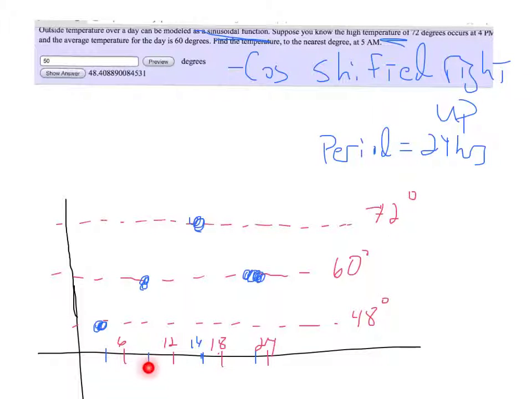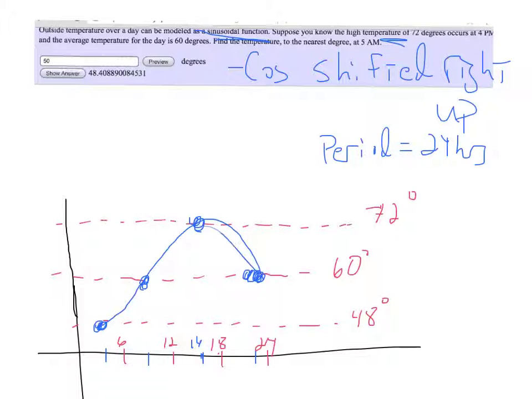marked that shifted function, right? So this would be 4 a.m. That would be 10 a.m. That would be at, what did we say? 5 p.m. I'm sorry, nope, I'm looking at the wrong question here. That's 4 p.m. And then that's going to be what, 2200 hours, which is 10 o'clock at night. And I don't really care about the coming back down. I could, it wouldn't be wrong to. So what I'm seeing here,